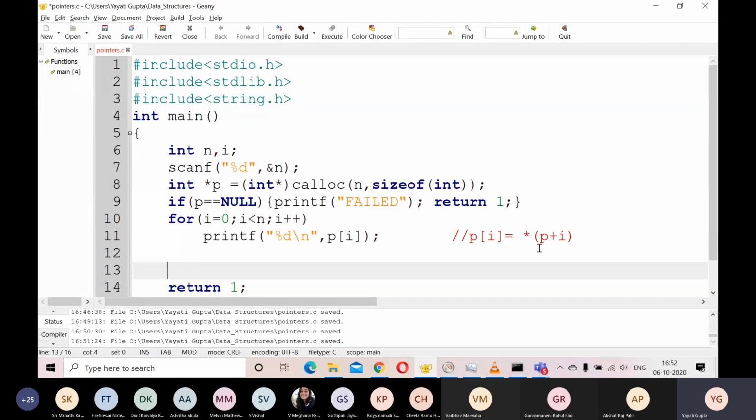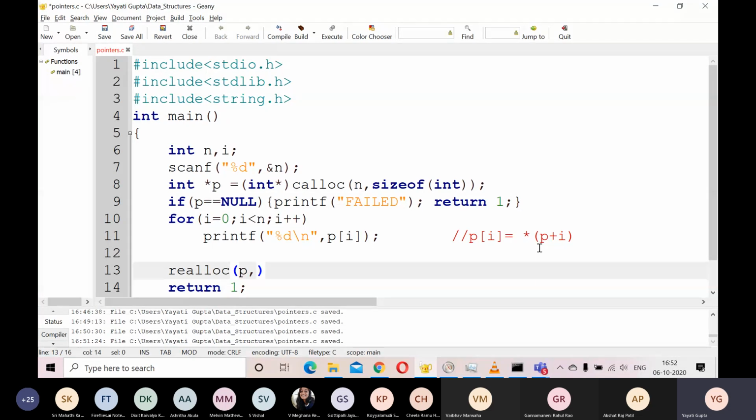How do you use that? This is the syntax for it. You are reallocating the memory. First you should write which pointer you are reallocating the memory for. My pointer was p initially, which was given by your calloc function. I want to reallocate its memory, and then you enter the size of the new memory. Previously the size of the memory was n times size of integer.